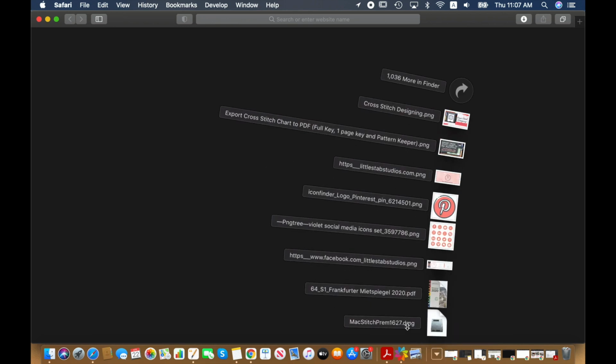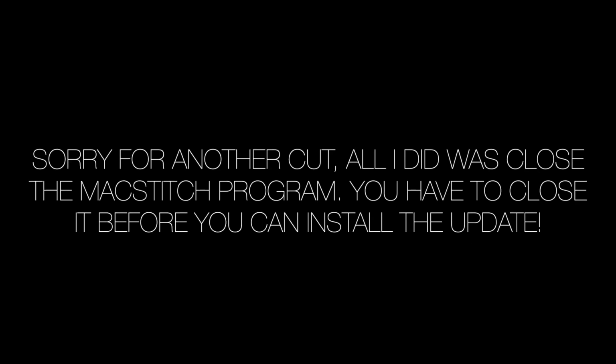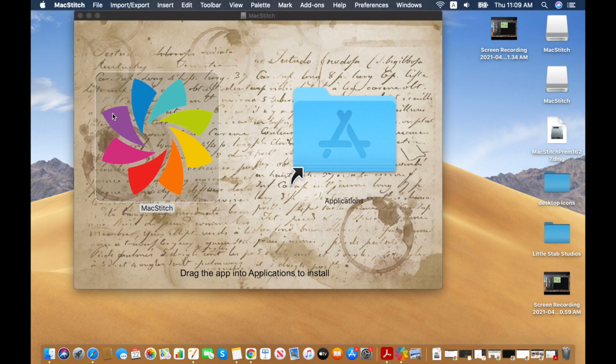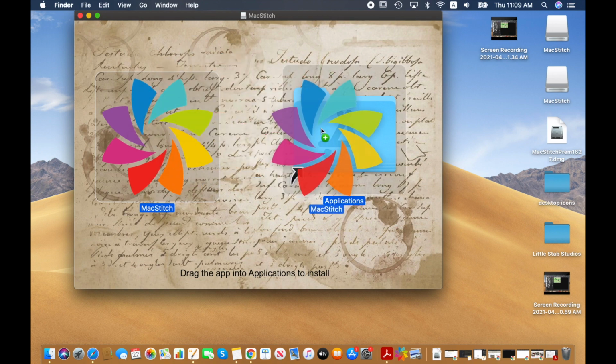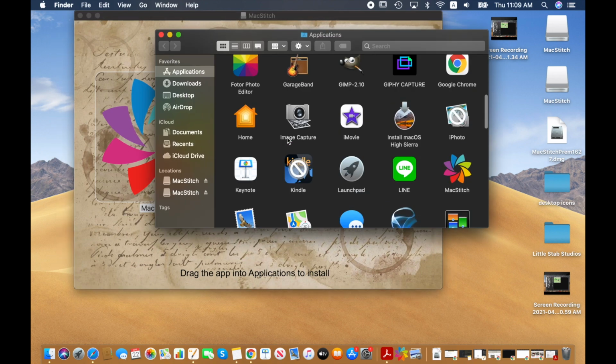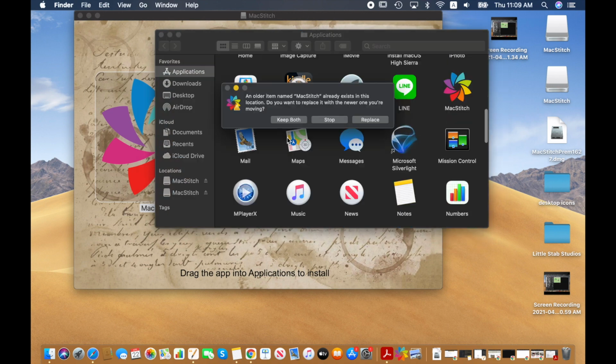Okay, so we've got this done. It has downloaded much faster after I restarted that. And I'm going to go to downloads and I'm going to click on it. Quit Macstitch. Okay, now we have the downloader open. I'm going to move it here, and that replaced it. No, I have to click replace,